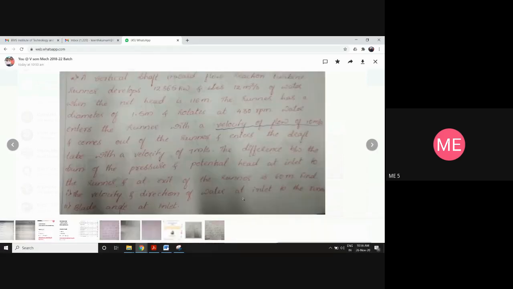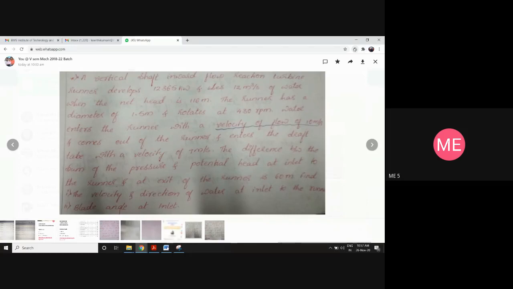Copy this. A vertical shaft inward flow reaction turbine runner develops 12365 kilowatts of power and uses 12 meter cube per second. That is the discharge of water. When the net head is 116 meters, the runner has a diameter of 1.5 meter and rotates at 430 RPM. Water enters the runner with a velocity of flow. I underlined that, that is important. The water enters the runner with a velocity of flow of 10 meter per second and comes out of the runner